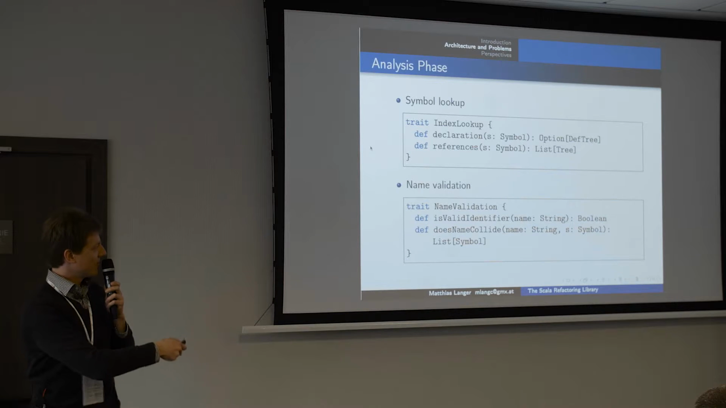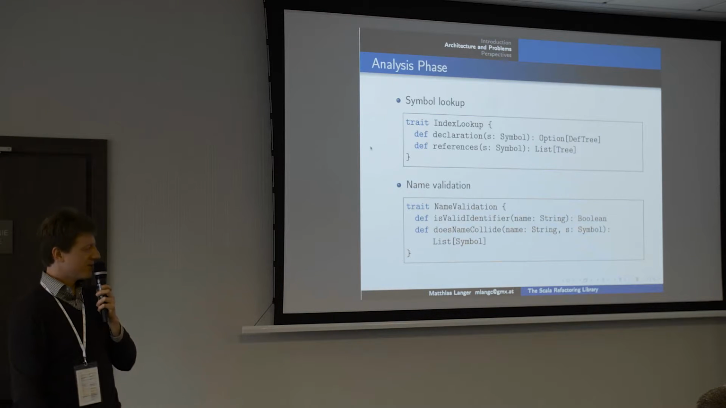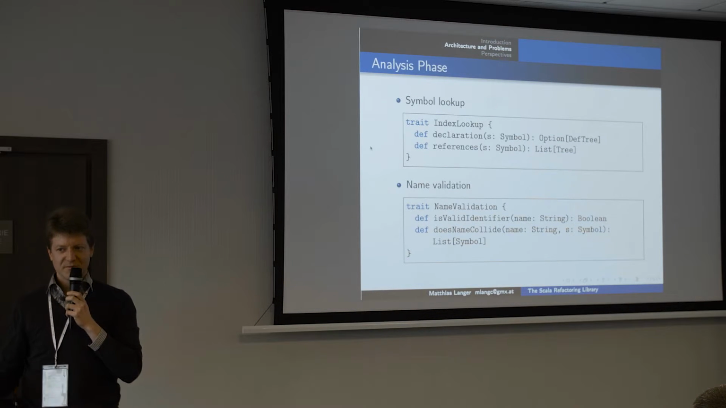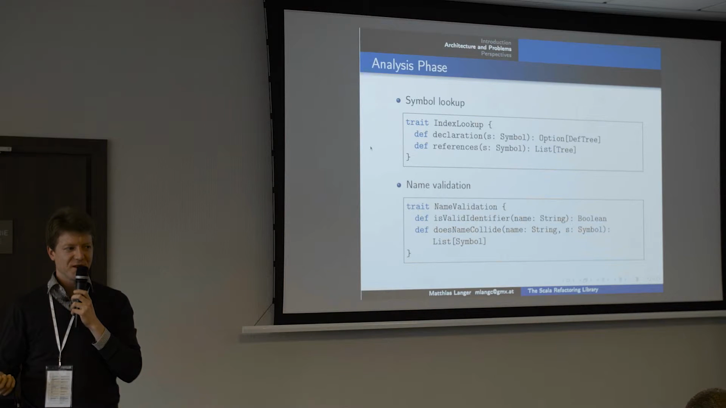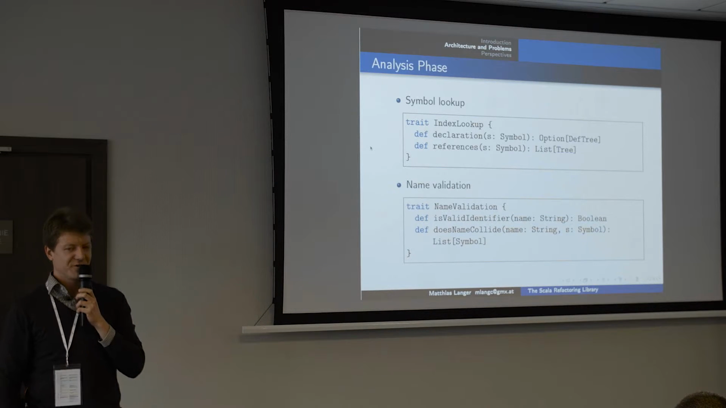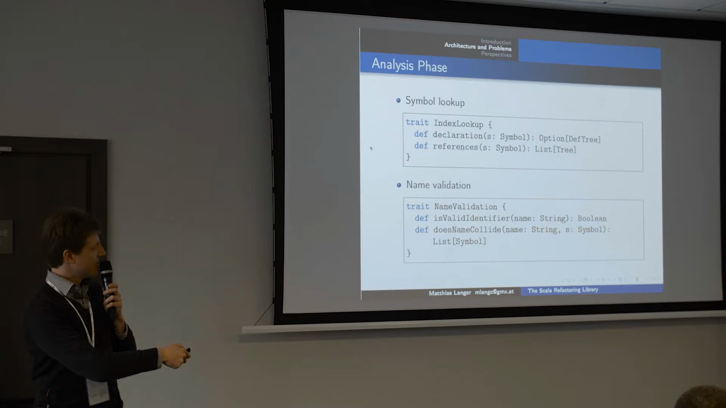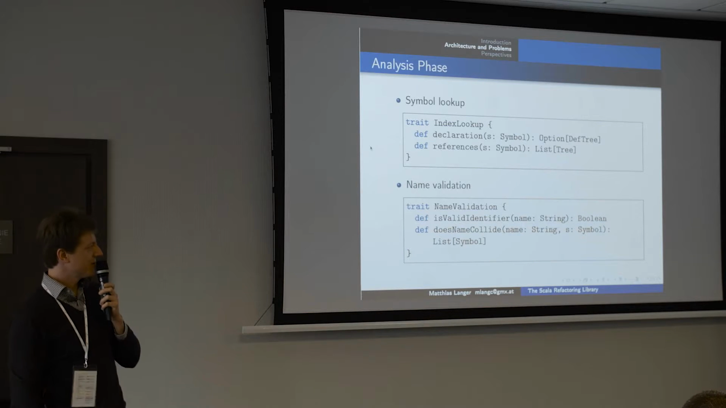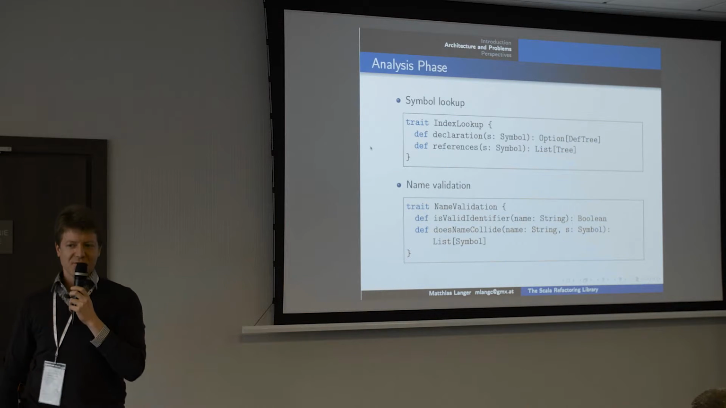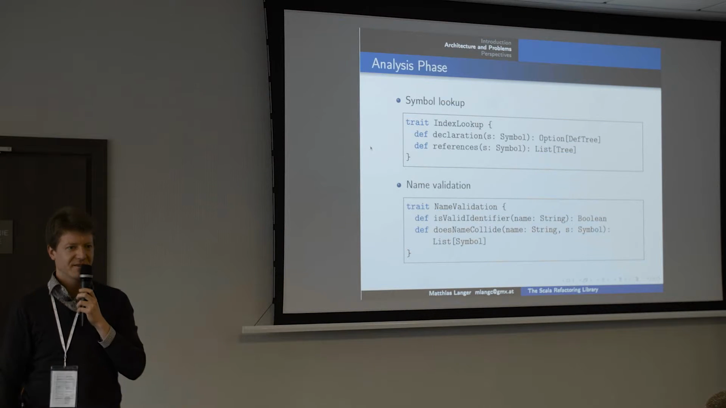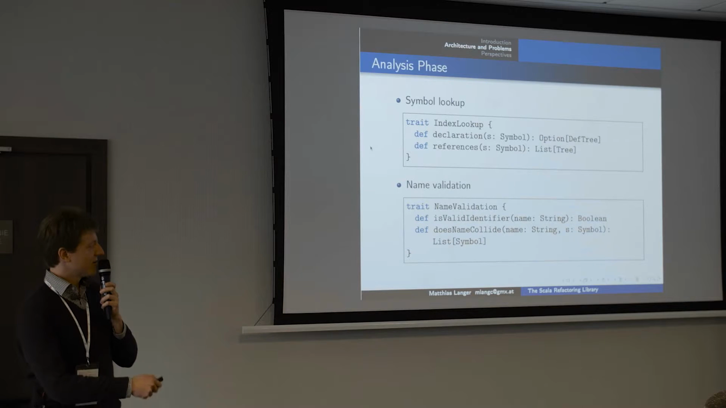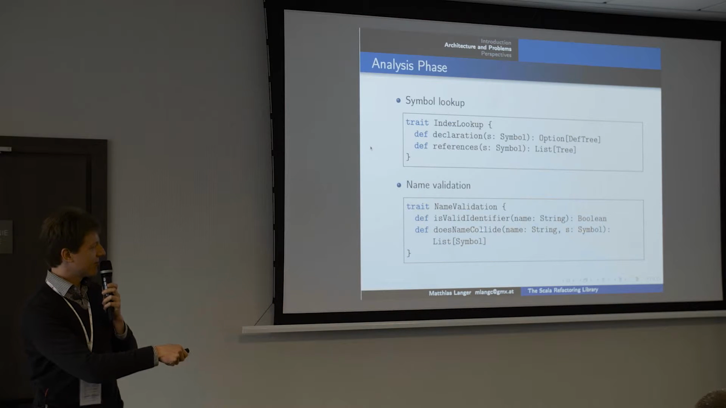So if you do a rename operation, you don't want to miss a reference to that symbol. Then what's also done during the analysis phase is name validation. Refactorings often introduce new names into the program, so you have to make sure that these names are valid Scala identifiers, which is done by this method here. And then of course you also have to make sure that the names you introduce don't collide with already existing identifiers in the program. So that's modeled by this does name collide